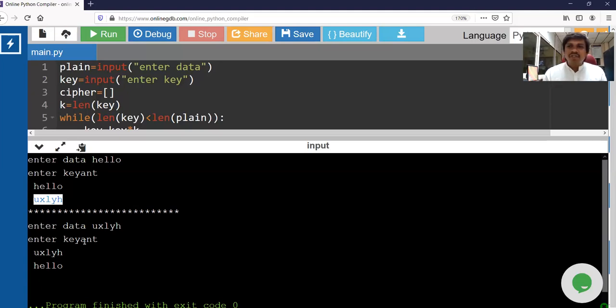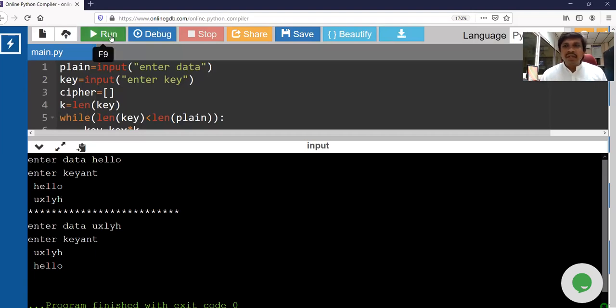And there is no shift factor here. There are two L's here, but it is not a fixed substitution, because the first L maps to one character and the second L maps to Y. There are no duplicate characters, so you cannot predict the value. And the key can be of any length. It need not be a 3-letter word. It can be of any length, and the text can also be any length.